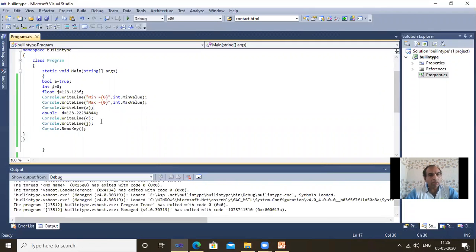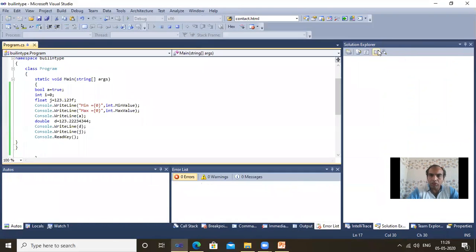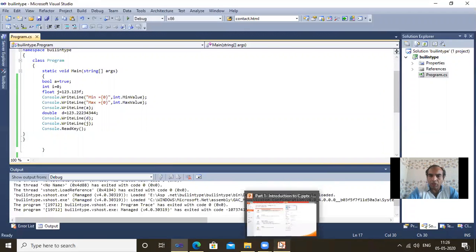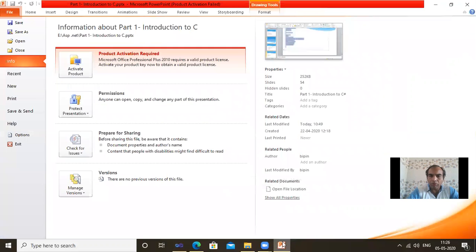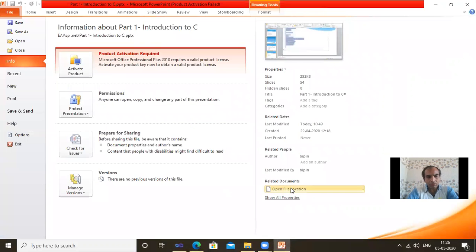Then the double value, and it shows that value using the inbuilt method int.MinValue, int.MaxValue. It shows over here. Now you can get the output over there. Whatever value we are assigning, it shows that value. Okay, so this is just a program on how to declare the variable and how to use the built-in data type. Now next PPT,